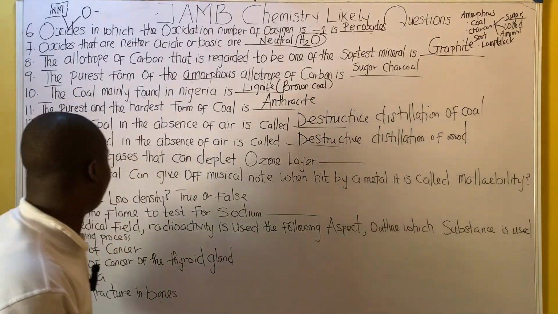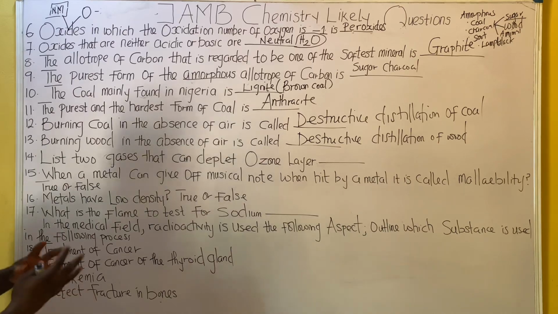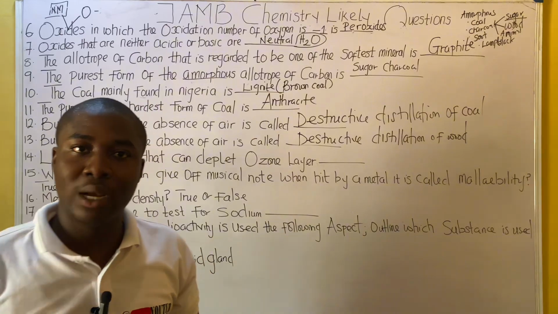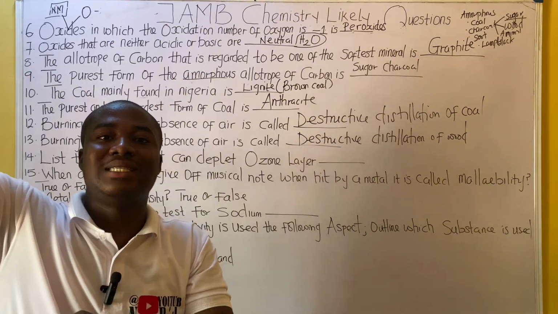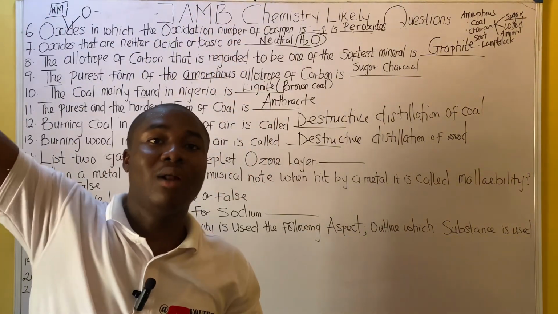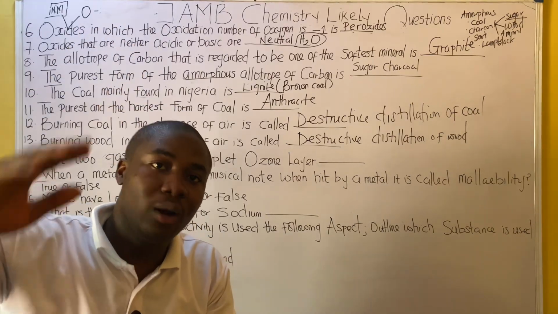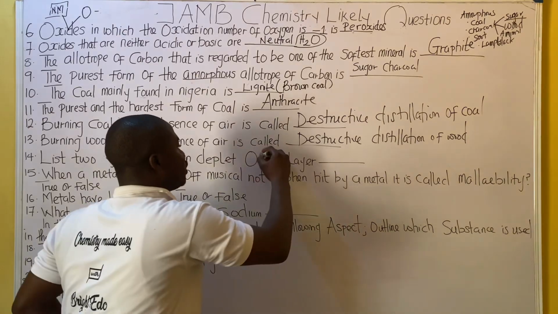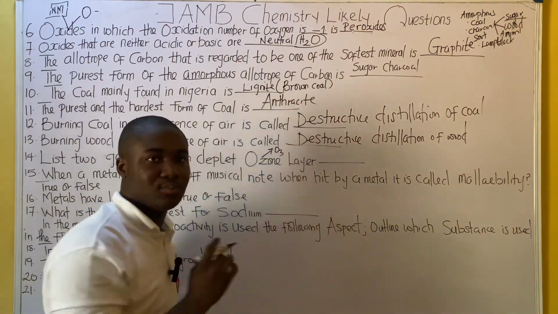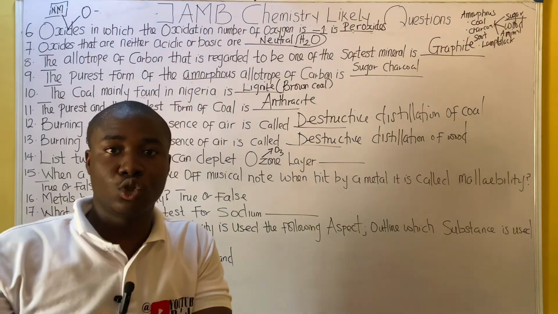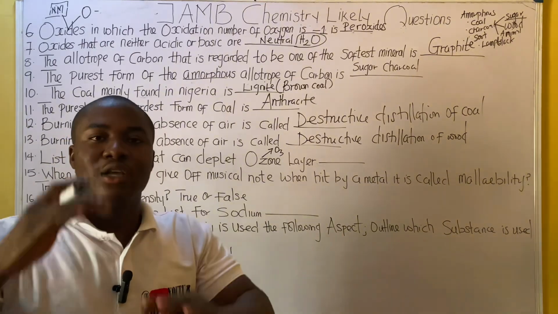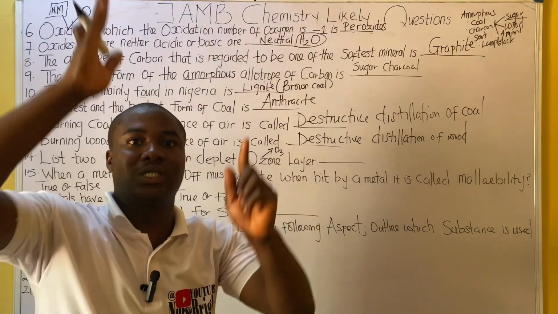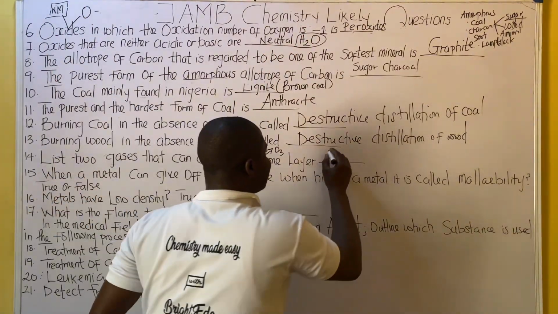Moving further to the next question, which is question number 14, it says list two gases that can deplete the ozone layer. Remember, the ozone layer is the layer that covers all life from ultraviolet rays from the sun. One of the major components of the ozone layer is trioxygen, which is O3. Whenever you hear ozone, your mind should go to O3. There are gases that can actually pull holes in the ozone layer. Those gases are the